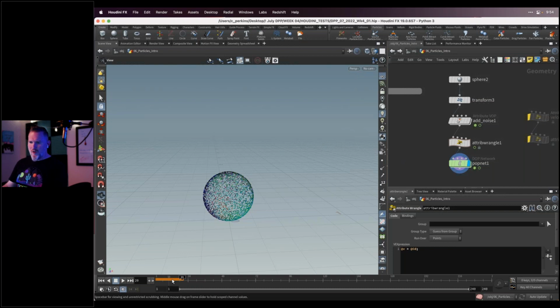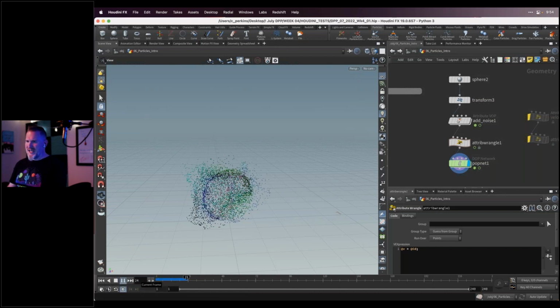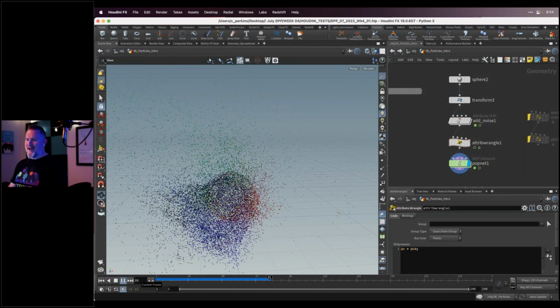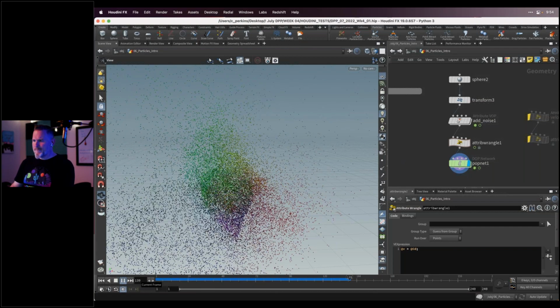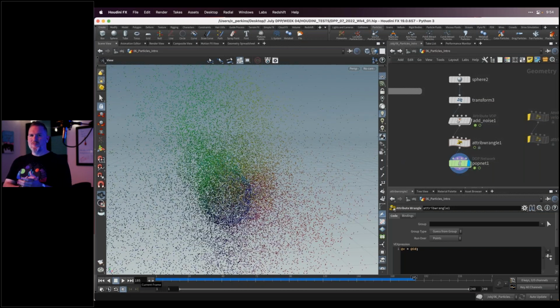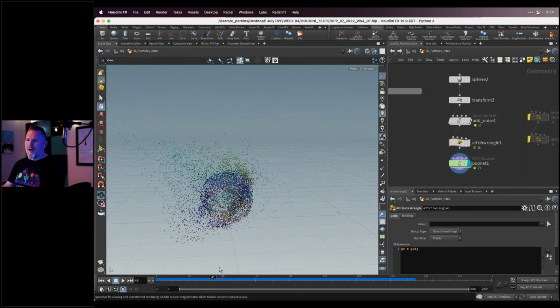Let's just say the velocity is equal to the color information. Okay, and then this goes orange because I'm at frame 20, and this orange lets me know that this is not cached. So we have to go back to the beginning, and then let's preview this, and now look at that. We have a particle simulation because what we did is we created this color thingy, and now the velocity is being driven by that color information that we created. So the direction of the particles, the force of the particles, it's all coming from the color data.